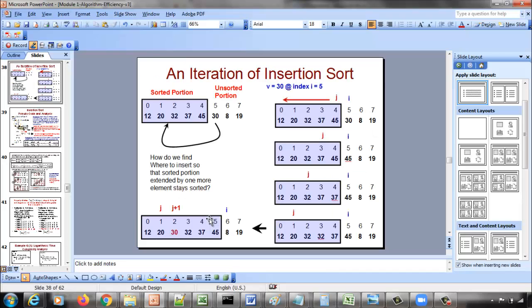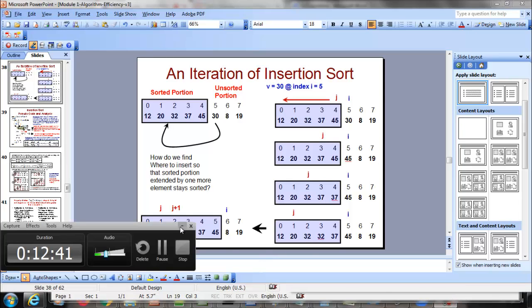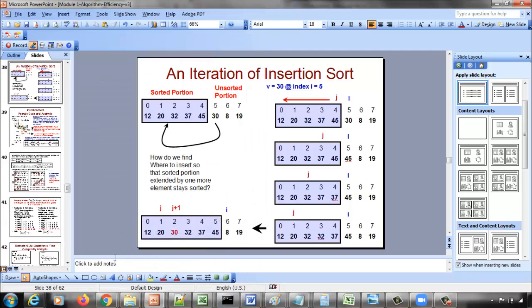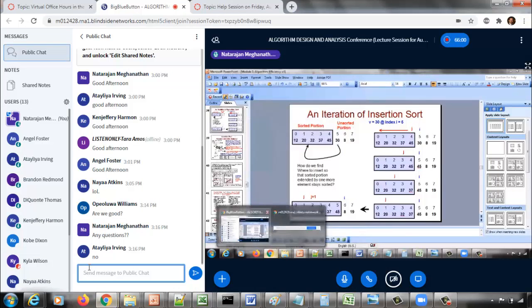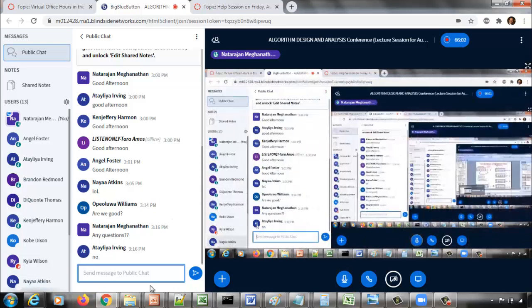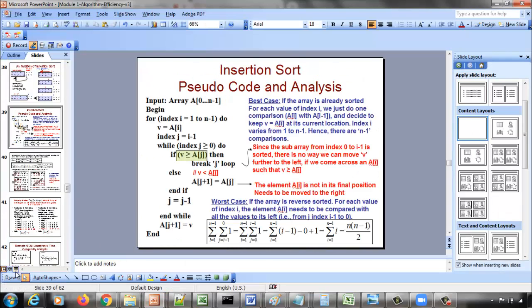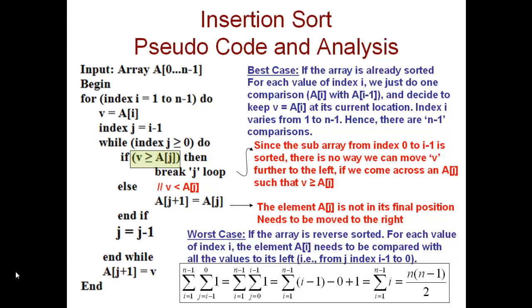Okay, let me check how much time we have. Right, so let us go through the pseudo code, and as part of that we'll look at the example one more time. Any questions? I think it's better if there are any questions, just wait and look at the pseudo code, and that will really clarify things if you had any questions. Alright, so